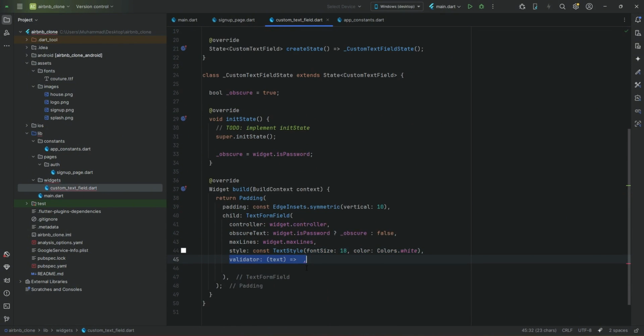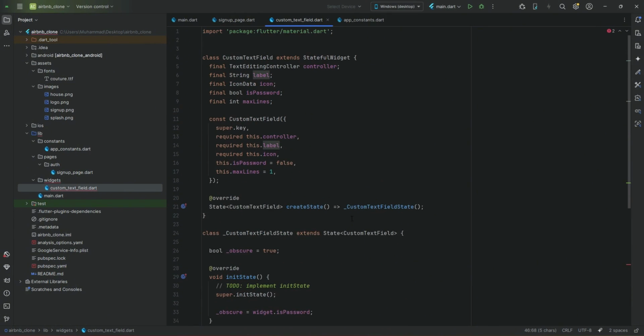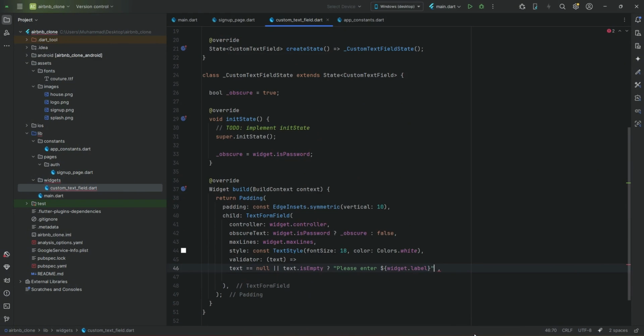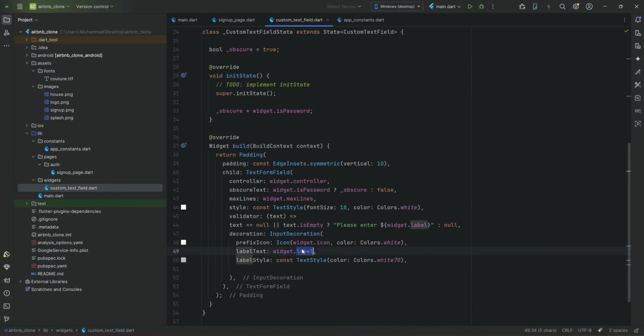Then style, apply on it, and then validator. That is, if text is null or if text is empty, then in that case we say please enter, and that specific label which we receive as a parameter will display that. Otherwise, else null. Decoration, input decoration, prefix icon which we receive as a parameter. That specific icon we display. For example, for email we will have a different icon, for password it will have a different icon, and so on for the name and other text fields. Similarly, each text field will have its own label which we are receiving here as a parameter,